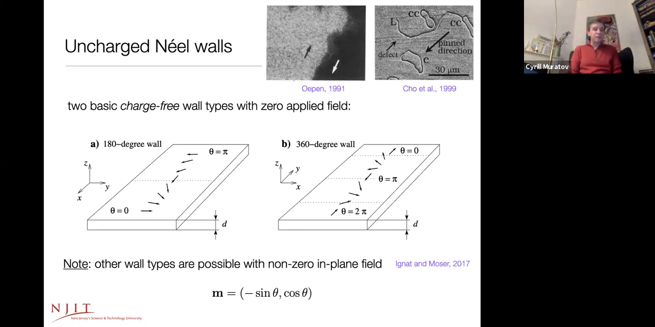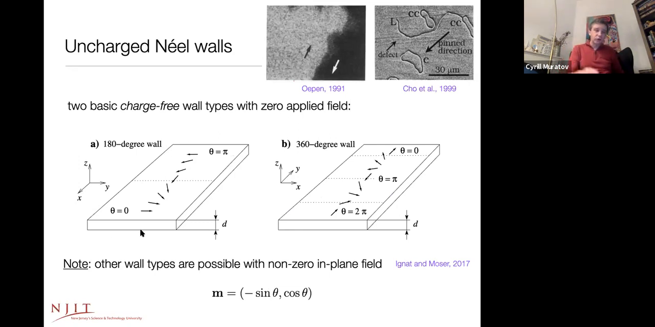Now that we have this model, we can start talking about the various Néel walls in thin ferromagnetic materials. So let me start with the most studied case of uncharged Néel walls, of which there are two types. One is the so-called 180-degree wall, and the other is the 360-degree wall or winding wall. And you can see that these are charge-free